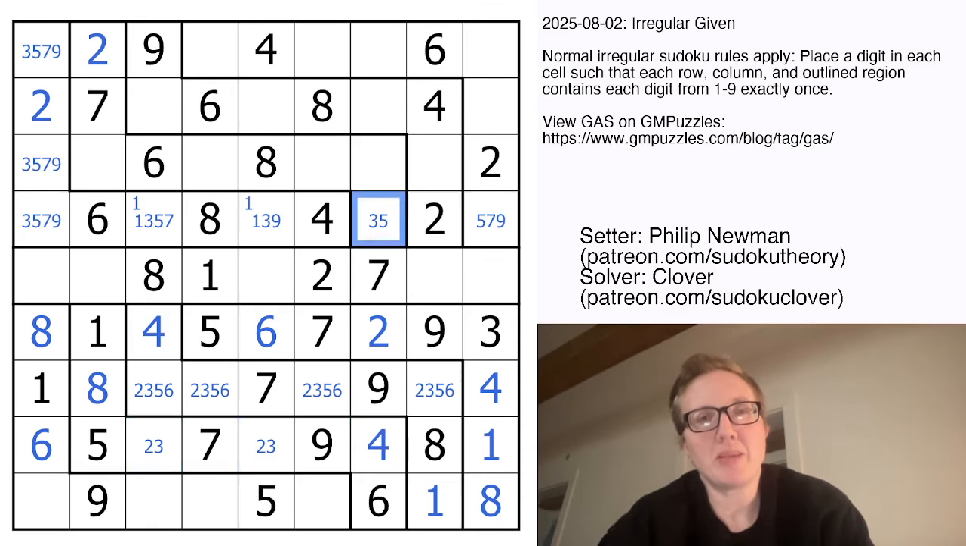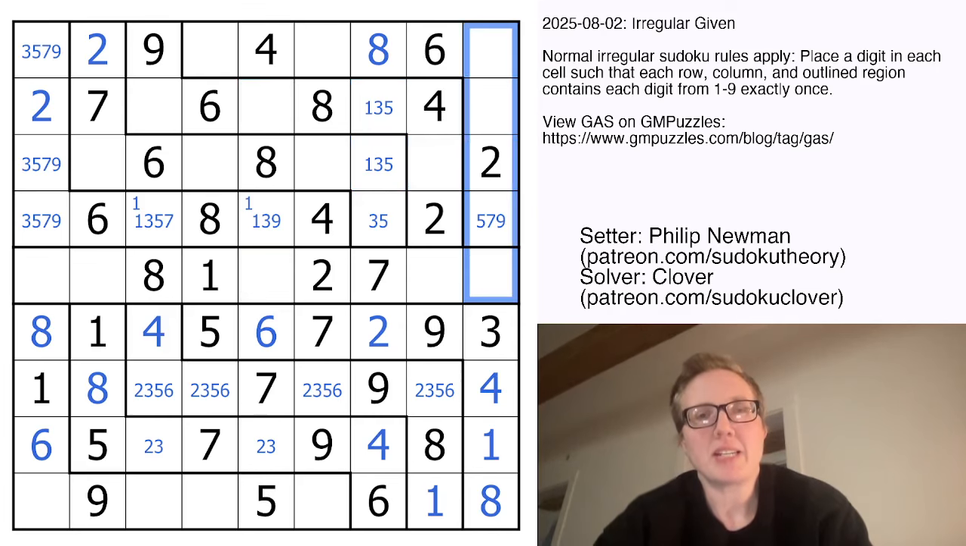Now if I look at this column, which is filling up, I need to place an 8 in it somewhere, and it can't go in these 2 cells, so it has to go here. And then these are from 1, 3, and 5. Now,